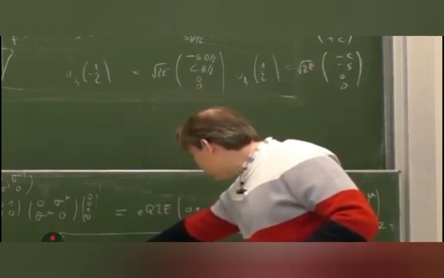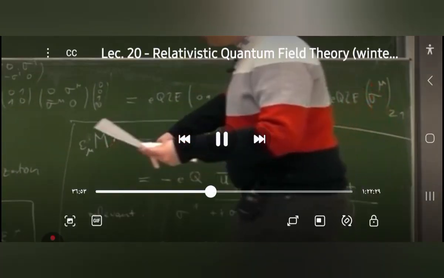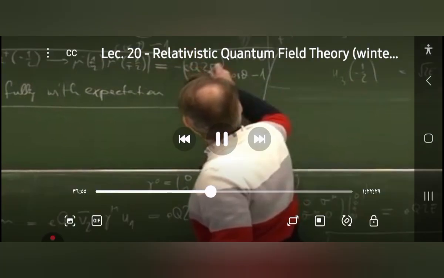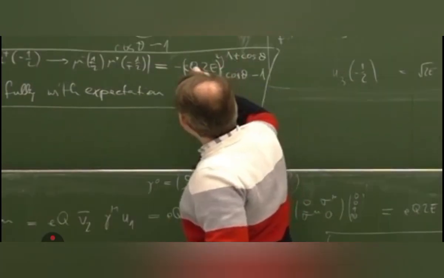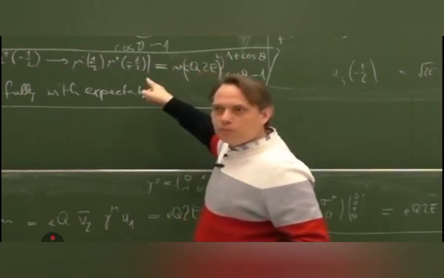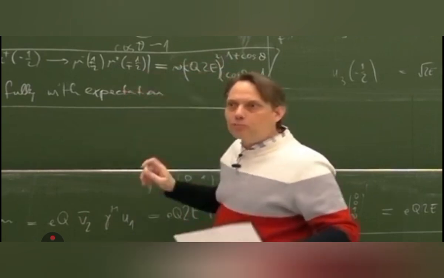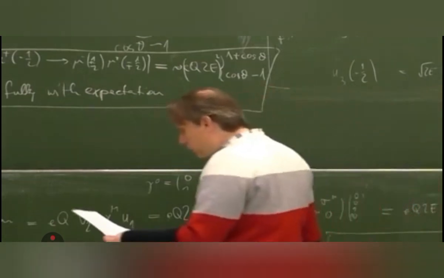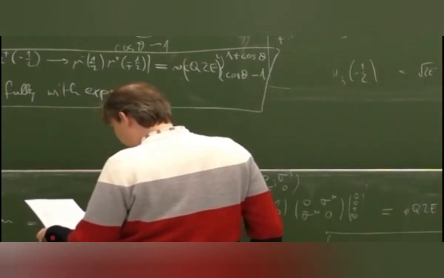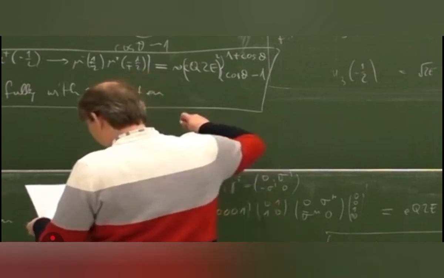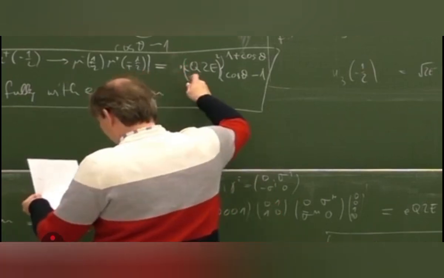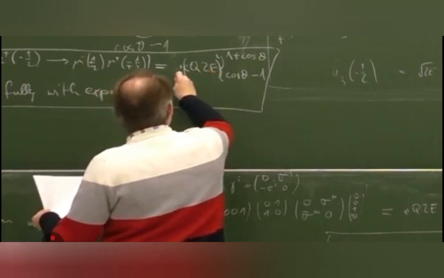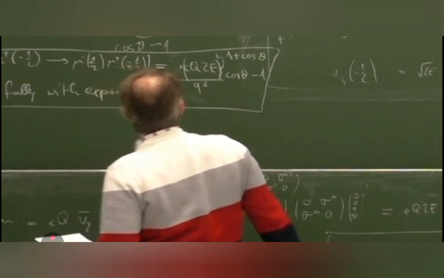Right, I forgot some factors, because that is only this thing here. Let's say proportional: EQ and also 2E becomes a square, and then there is still a factor from the propagator. So let's simply write proportional to, and the proportionality factor would be 1/q squared. So actually, we can do it explicitly. It's exactly divided by q squared, and it's fully correct and equal.